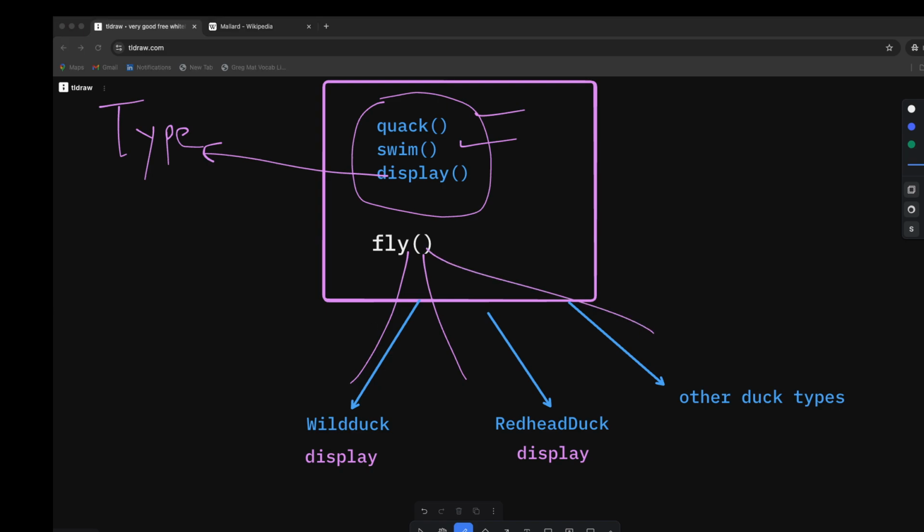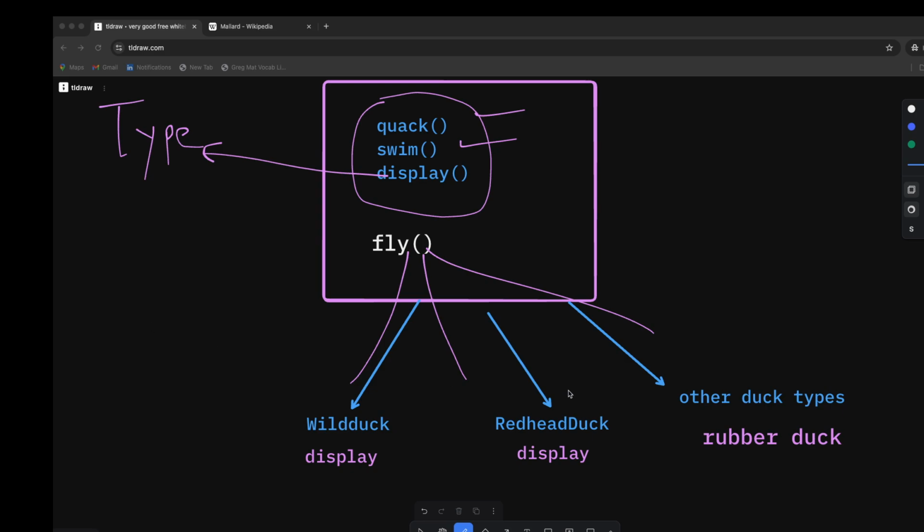Now, but something went horribly wrong. Joe failed to notice that not all subclasses of duck can fly. So what if in these other duck types we have something called a rubber duck? A rubber duck is basically nothing but an artificial duck, right? This rubber duck does not have any feature called fly, but even though we are going to have one parent class and make the children inherit from it,